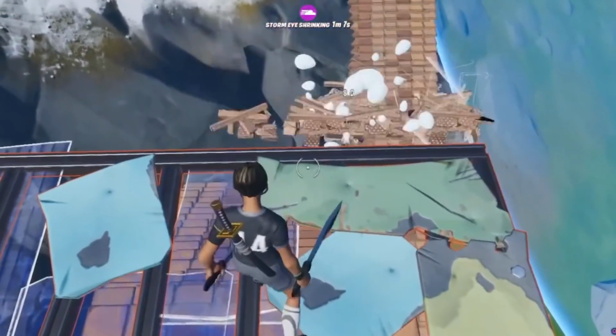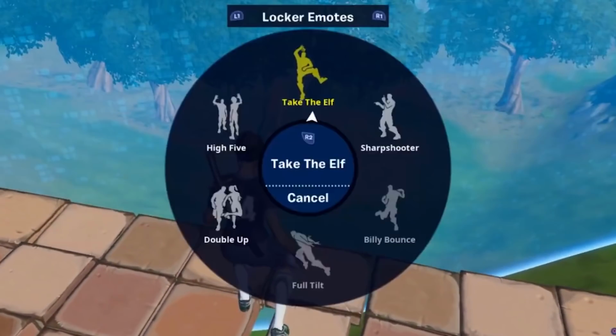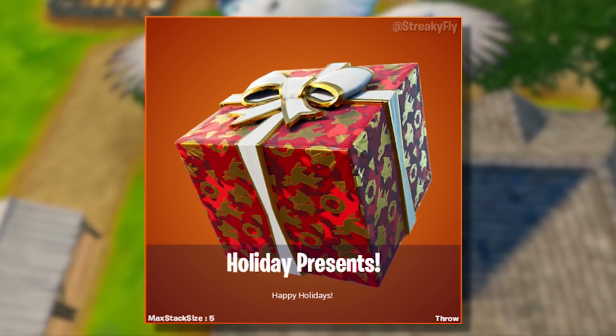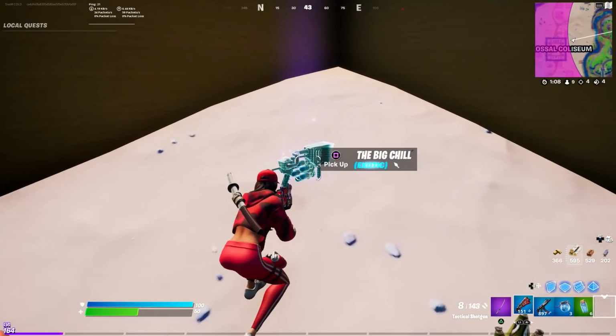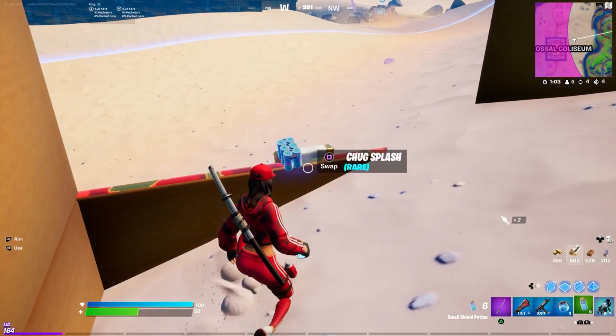It was a really cool little addition to have, but now they completely removed that for some reason. I don't know why. But moving on, they've once again added the holiday presents back, except now they can give you exotic weapons as well too. So I'm not sure if it's legendary and exotic, or only this specific exotic that comes out of it, but all I know is I found one since the update, and it had the Big Chill exotic in it,